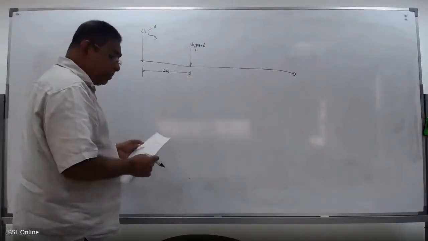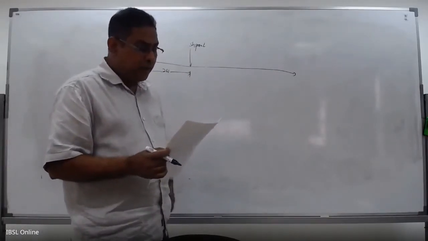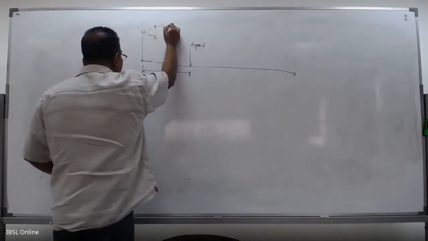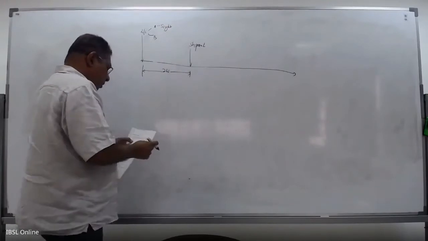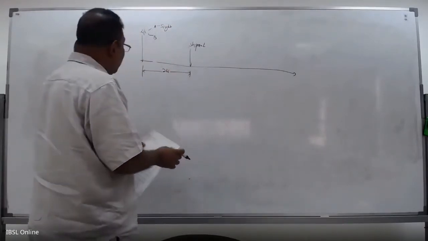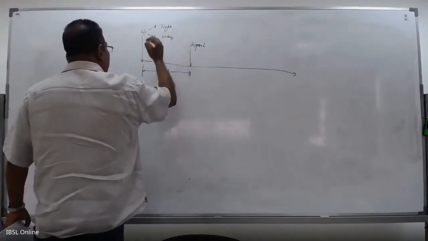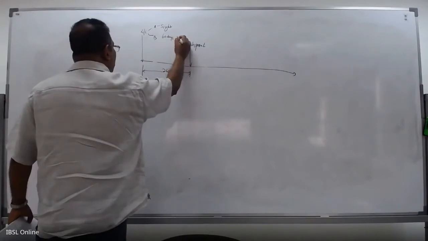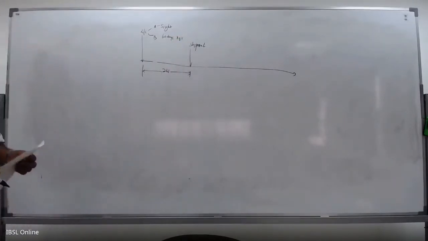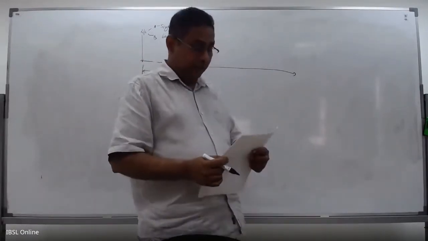Raw material A, second paragraph: raw material A has to be imported on the documentary credit payable at sight. So this is sight. And raw material B has to be imported on the documentary credit payable 60 days from the date of shipment. So this is 60 days. In other words, it's a usance LC from the date of shipment. Date of shipment. Right. Now we have to put the values of the LC.